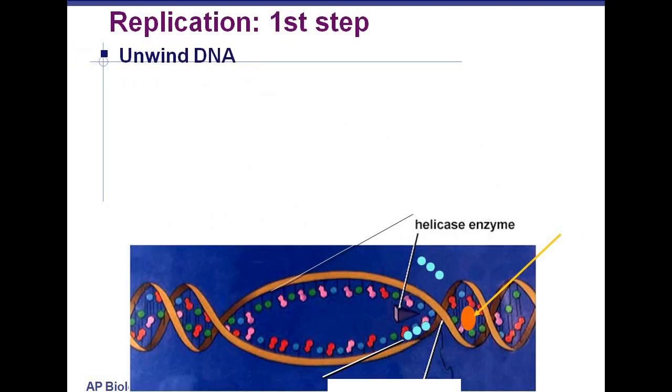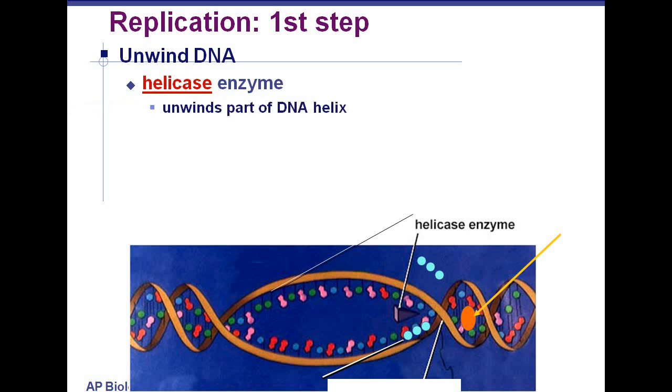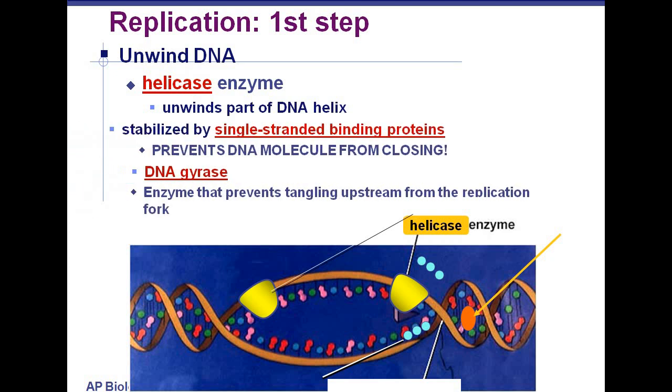So the first step in the replication is the unwinding of the DNA, and this is done by the helicase enzyme. This enzyme acts as a zip opener. They bind at the replication fork and break the hydrogen bond between the nitrogenous bases and separate them. So this is the helicase enzyme which binds on the DNA and acts as a zip opener. It breaks the hydrogen bond between the nitrogenous bases and separates them.